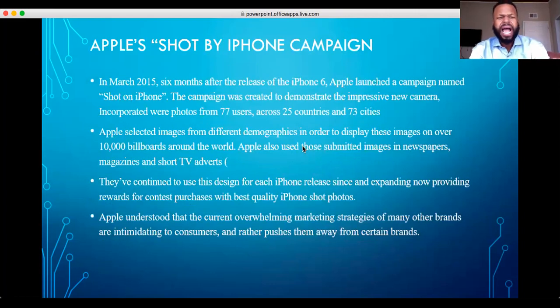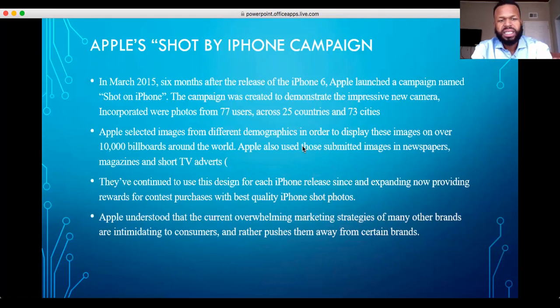The first campaign I highlighted was Apple's Shot on iPhone campaign. In March 2015, 6 months after the release of the iPhone 6, Apple launched the Shot on iPhone campaign. This campaign was created to demonstrate the new camera and was used across 77 different users in 25 different countries and 73 different cities. Apple selected images from different demographics in order to display them on over 10,000 billboards across the world.